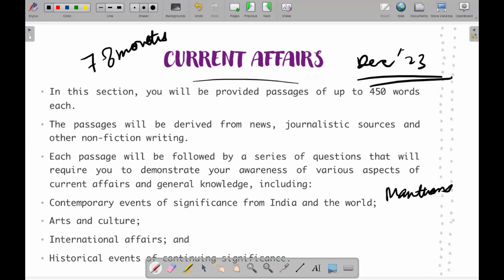So whoever you are, wherever you're preparing from, just find one source which you find reliable and keep on revising it. That's the only way to get through this section, because this section is very important. All right, because a lot of kids, they suffer in current affairs section. So if you are good at it, it gives you a natural edge over the other candidates.